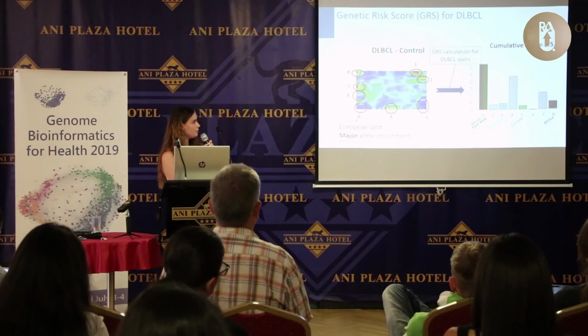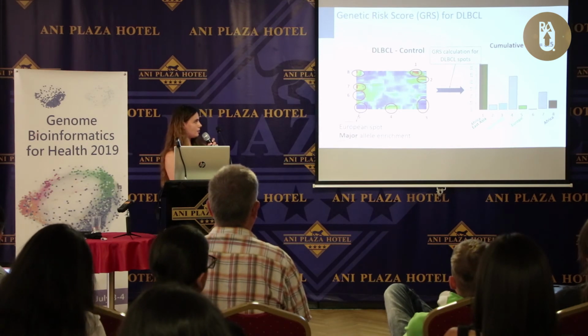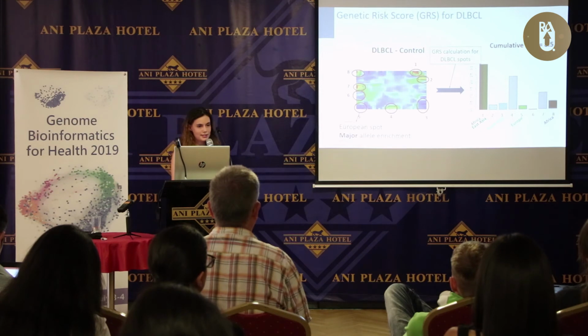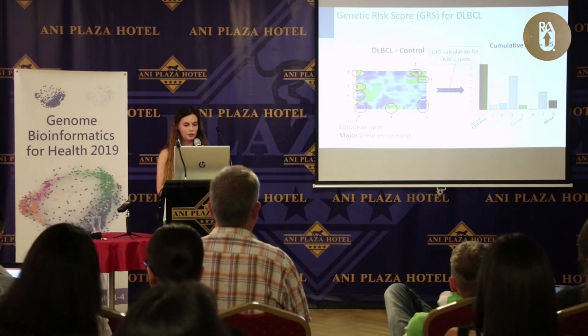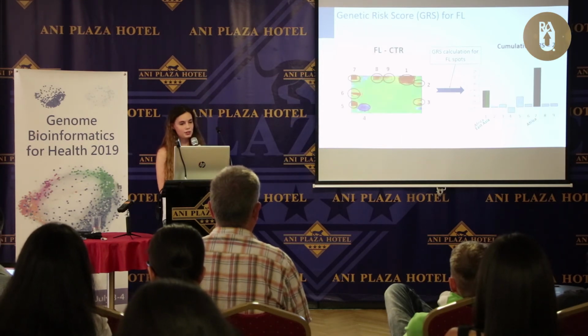And there are some spots with minor alleles which were not population-specific. An interesting fact to mention here is that all the other spots which were considered real risk alleles, risk SNPs, are located in Africa-specific regions and South Asia regions, but our patients were from Europe. The same picture is seen for the other